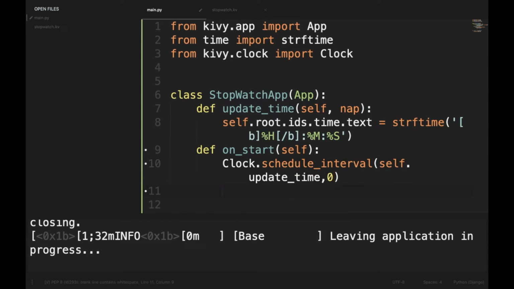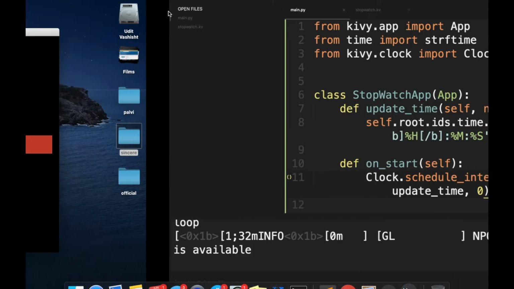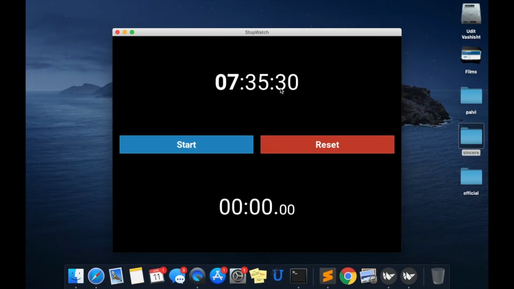Here we are setting the nap time as 0 because our stopwatch has 1/100th of a second, which will not be visible on most 60 fps screens, and hence virtually our clock will be updated every frame. If you save it and run our code, now our watch has the time on it.